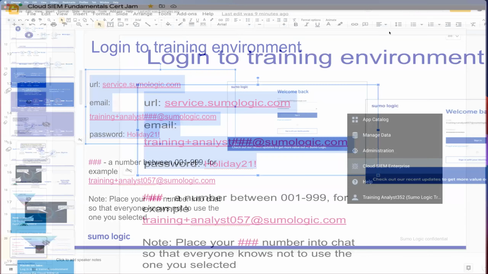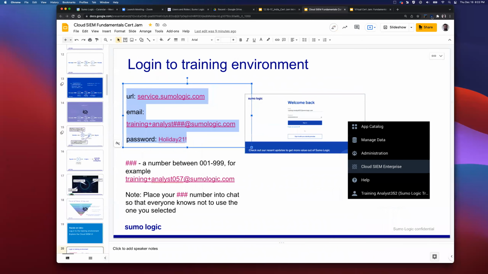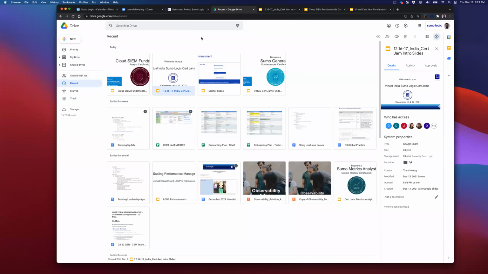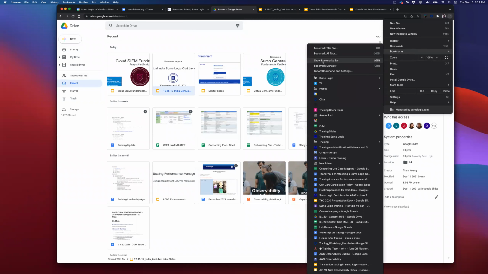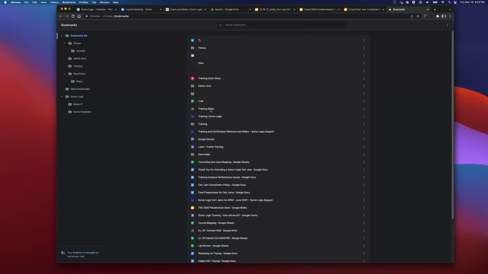Concurrently, I need to provide you with a lab guide. Let me go ahead and find that. Here it is.